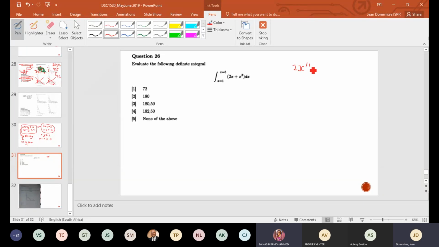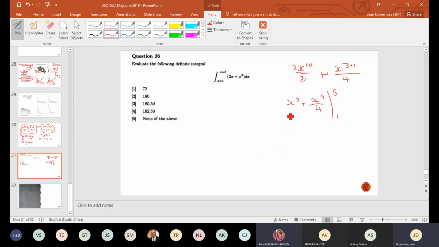So you would have gotten the 2 and 2, so you would have gotten x squared plus x to the power 4 divided by 4. And then you substitute for x 5 and then minus substitute for x 1,